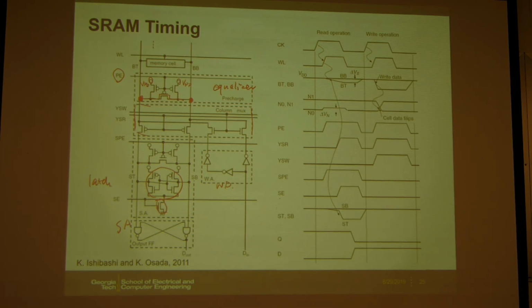It's like a source transistor to the ground, and this is controlled by the enable signal SE. Also the sense amp itself will have this equalizer precharge circuit here, just to equalize those 2 nodes as well. So those 3 transistors are the equalizer. So what will happen